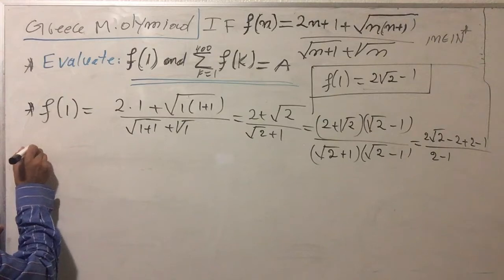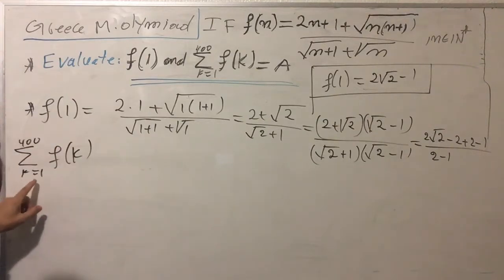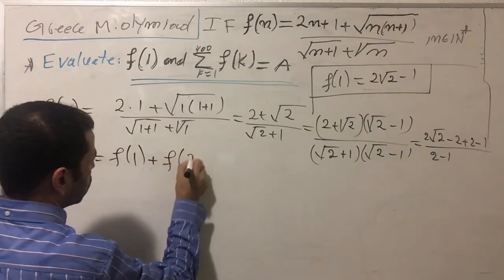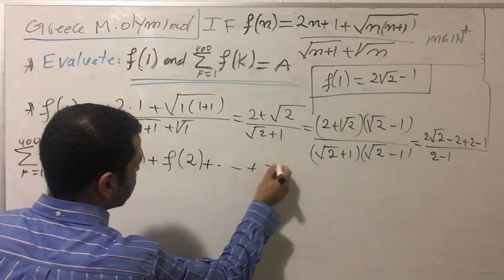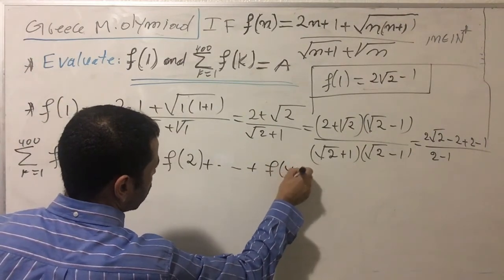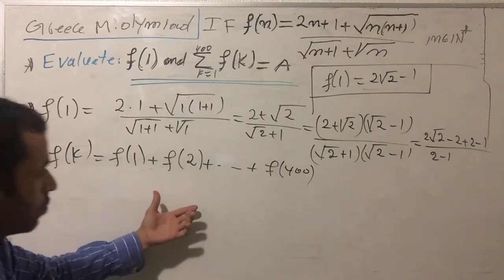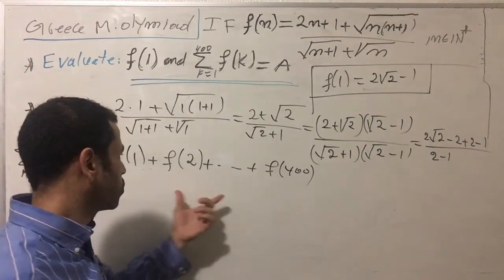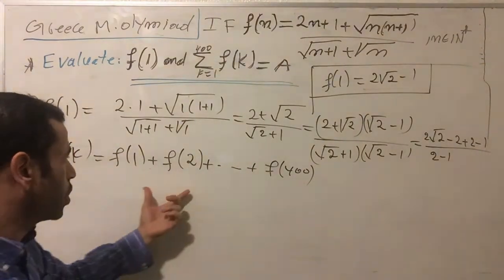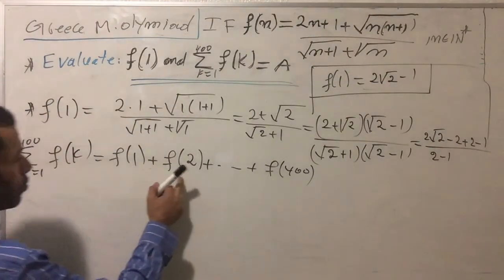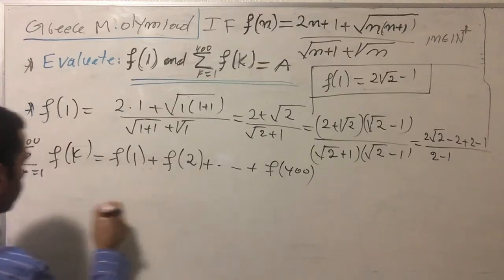Now let's move on to calculate this sum, okay? We have the sum of f of k as k goes from 1 to 400 equal f of 1 plus f of 2 and all the way down to f of 400, okay? Before I evaluate this one, I'm going to calculate term by term. So now I'm moving on to calculate f of 2